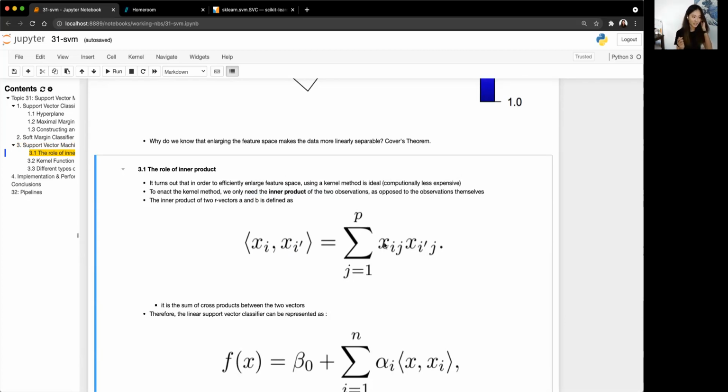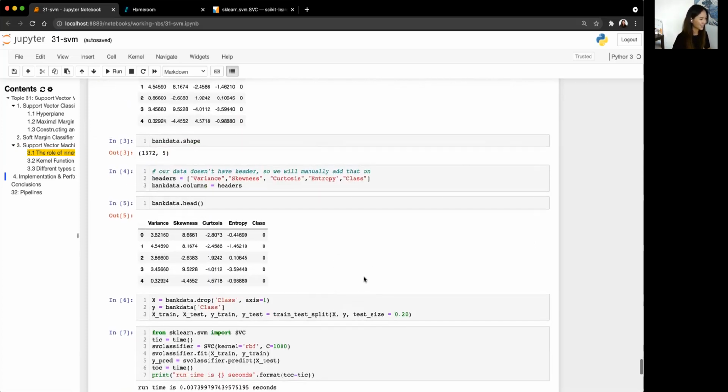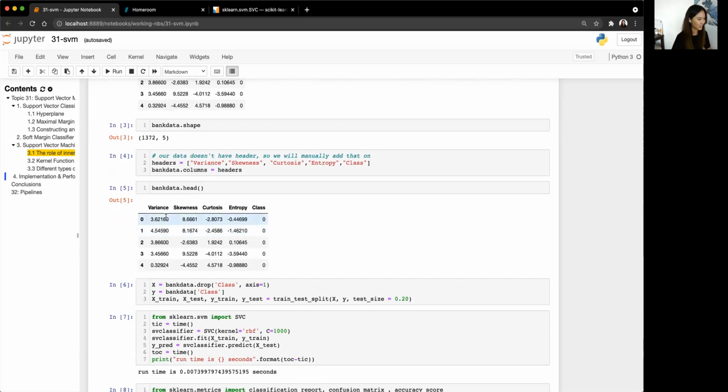And what inner product is: imagine you have 2 data points, 10 columns each. The inner product is basically defined by the dot product, which we talked about when we did linear algebra. But let's just say we had these 2 rows over here. The inner product is basically this times this, plus this times this, plus this times this, plus this times this, which results in a number that your algorithm will eventually use to help generate the new dimensions in the kernel